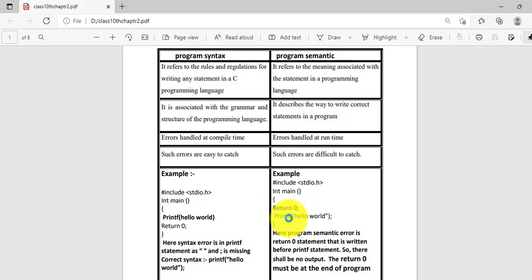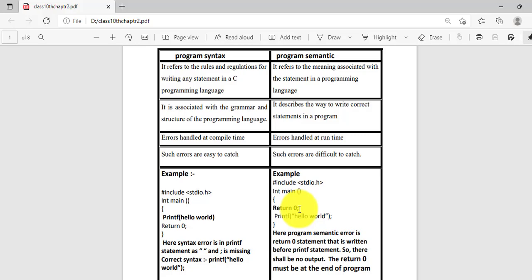The output will be totally blank. The printf statement will not run, because it means that the program ends here, so the printf statement will not be executed. The return 0 must be at the end of the program. So this is a program semantic error. The whole meaning of this program will be changed if you write return 0 before the printf statement.